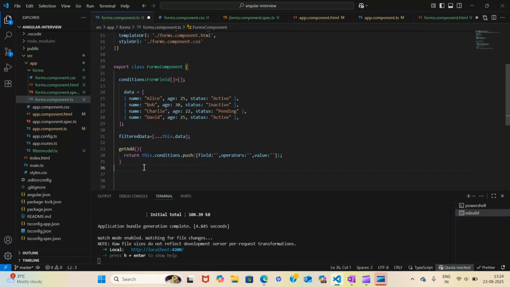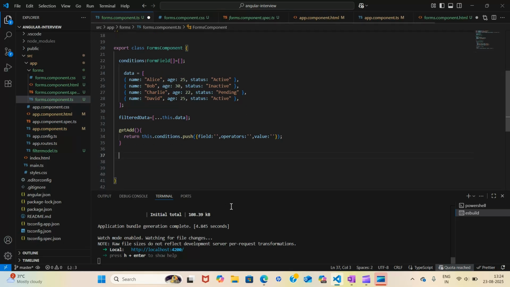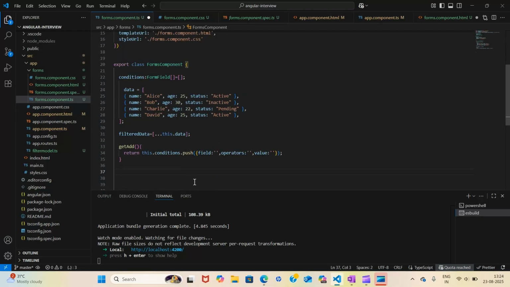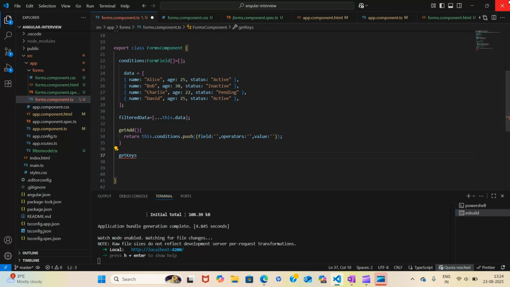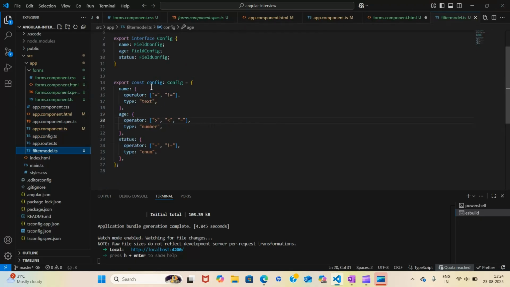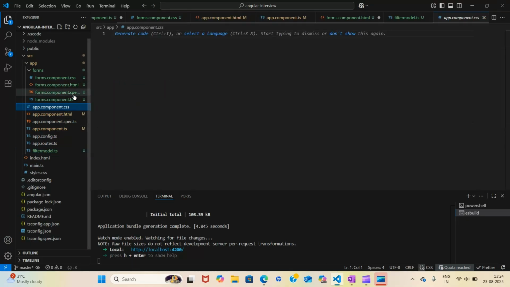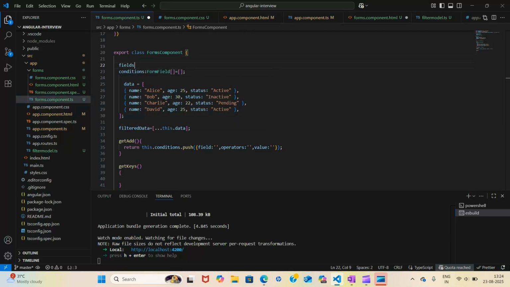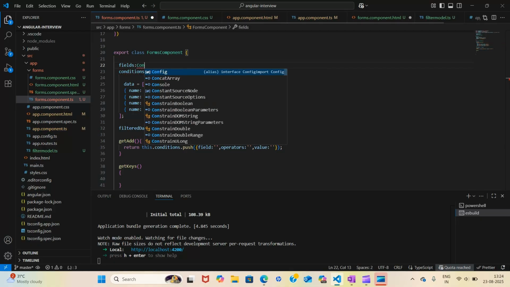So this is done. Now addition will happen whenever I click, and a row will be added. Now I want keys, so get keys. How will I get keys? I already told you that for getting fields we want to use Object.keys of this config. I need the config keys, then only my fields will come. So I will create one fields property that is coming from your config.